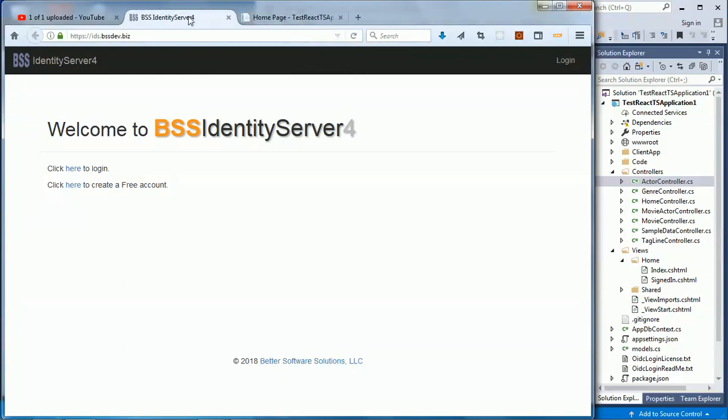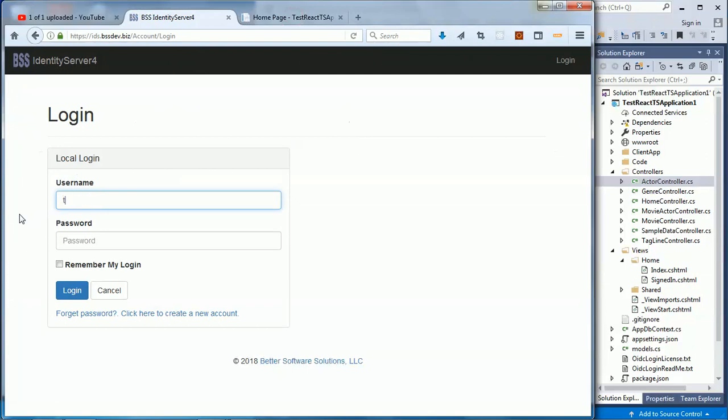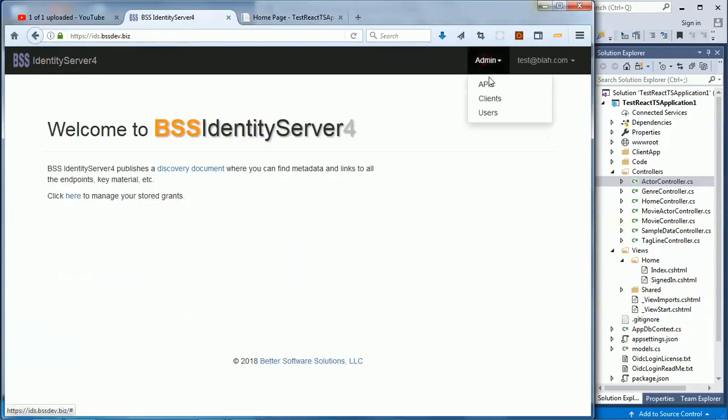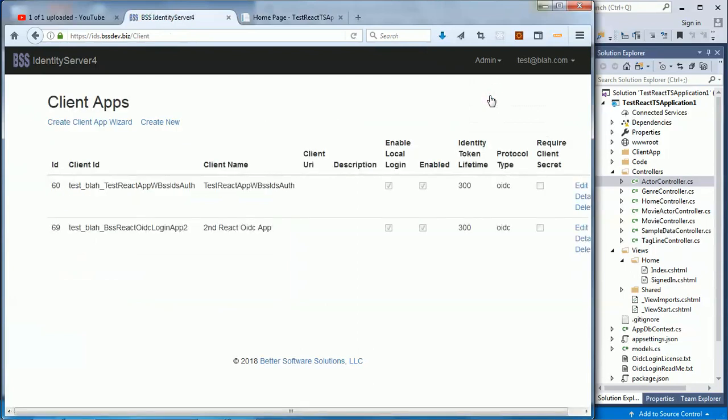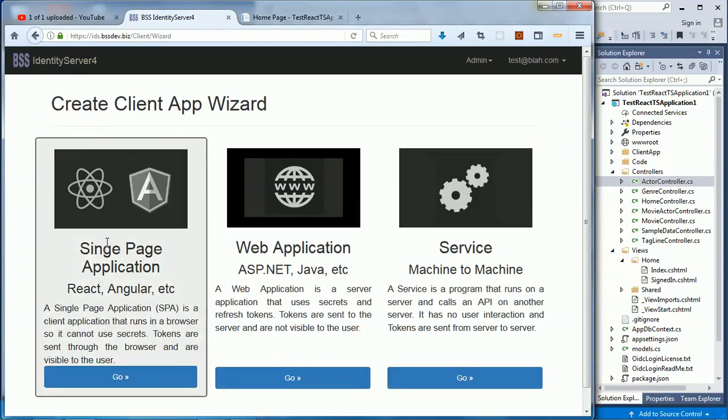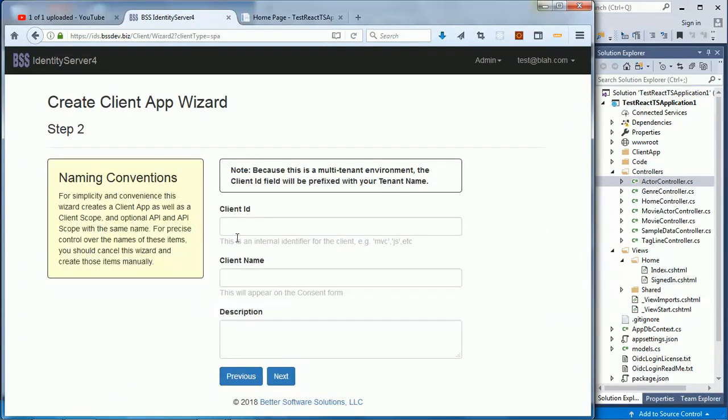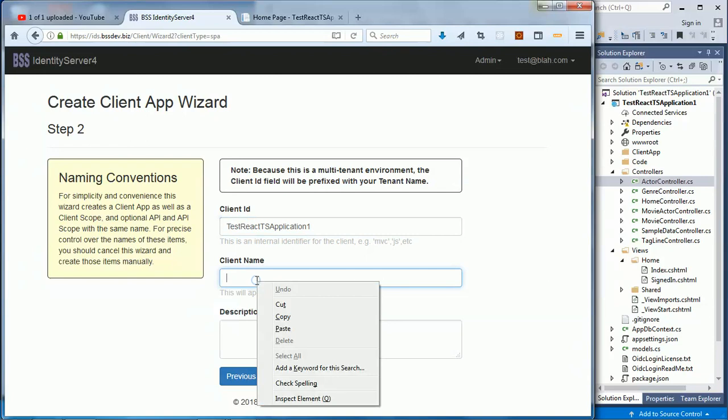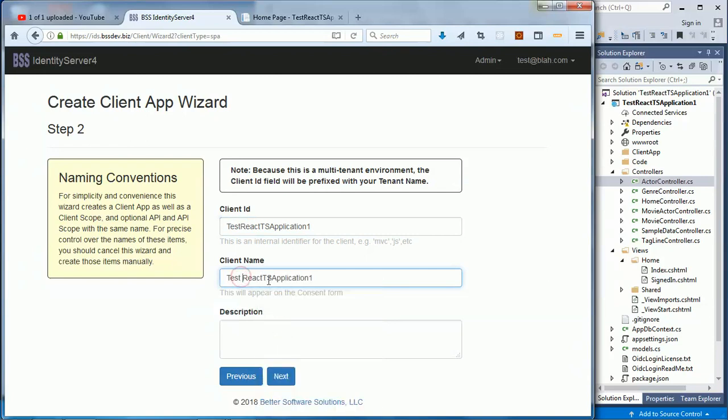Okay, I'm just going to move this tab over to here. So we'll log in. You can create a free developer account. So I'm just going to log in and create an application. So I'm going to use the wizard for that, which makes it really easy. We have a single page application, so we'll click that button, and this is where I'm going to paste my app name. I'll paste it again down here, and then we can clean it up down here and beautify it. We'll just call it Test React TS Application. We click Next,